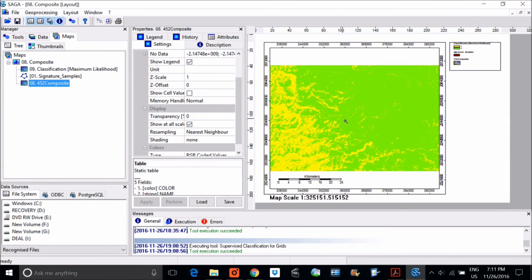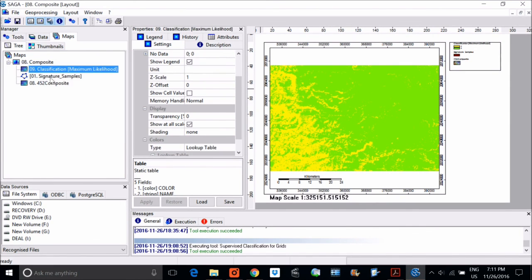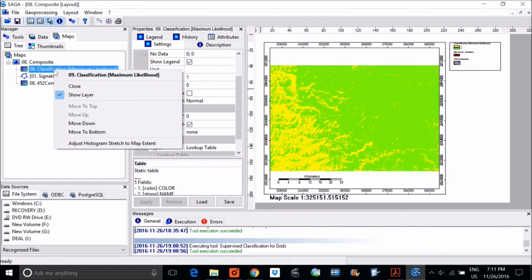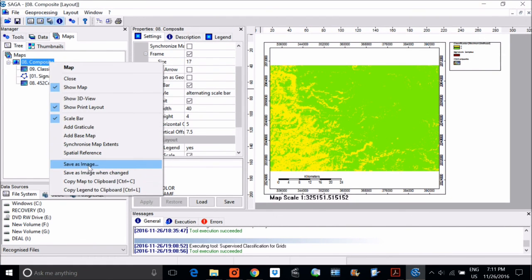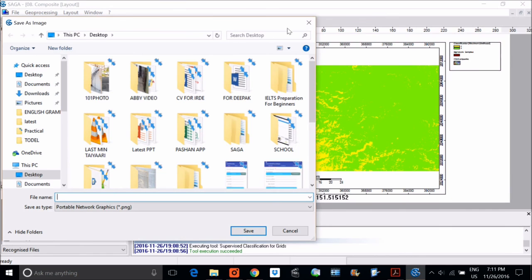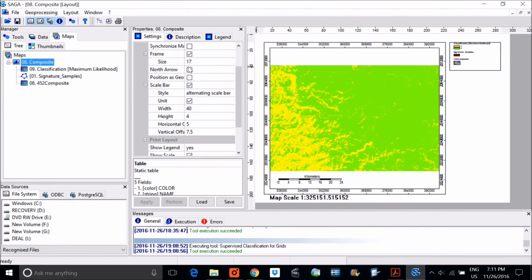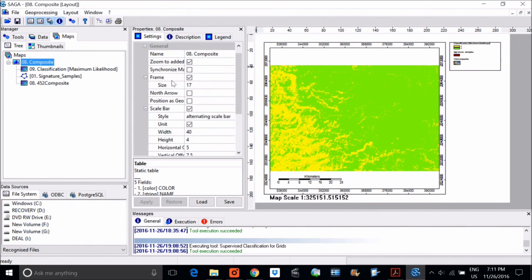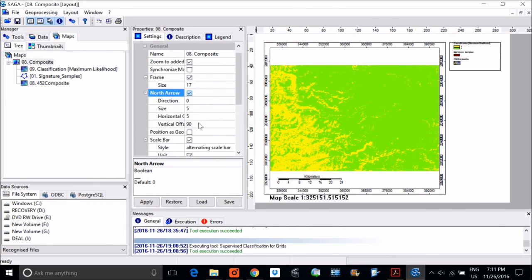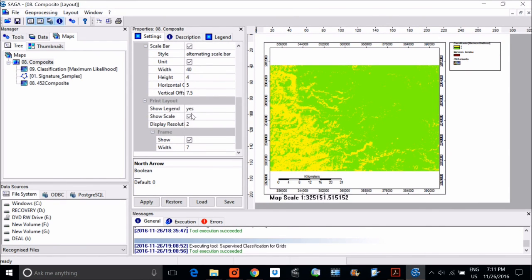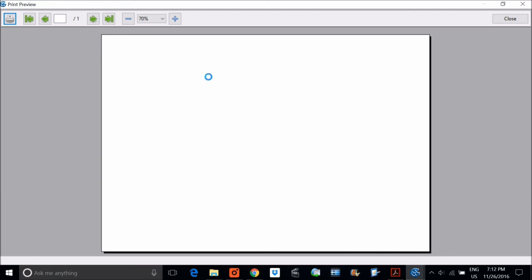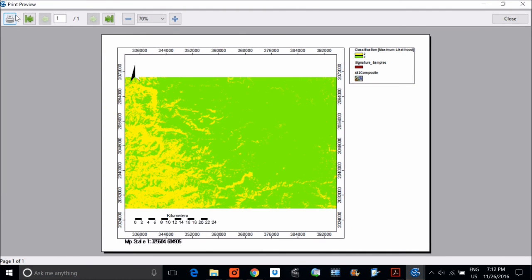So you can also have a map, and if you want to save, you can easily save it. There are various options. You can save it as an image. Here you can also show this legend, this north arrow. All these are possibilities. Show legend, yes, apply. So with this north arrow, you can actually make a map out of it. Then you can go to print preview and this map will be shown and you can just print it.